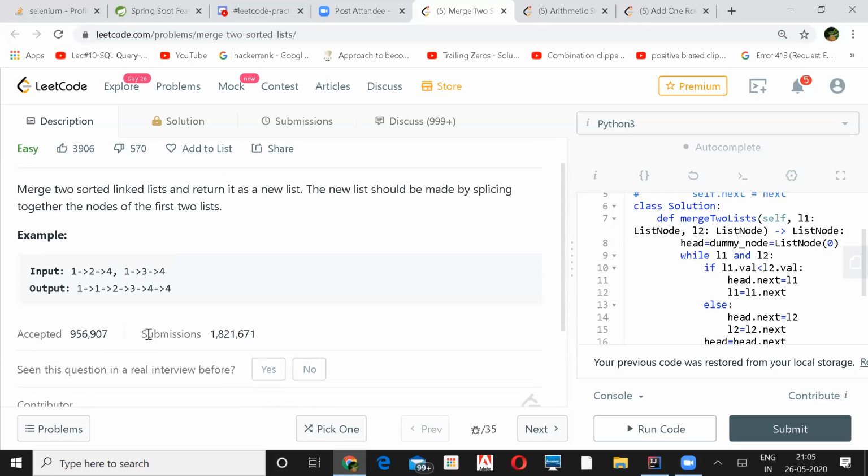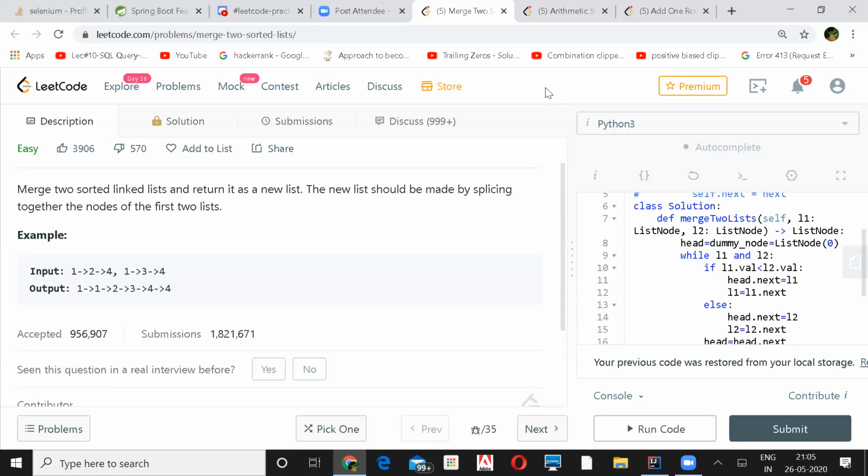Okay. So maybe the iterative way seems to be slightly easier, right? Has anybody done the recursive way? I would like to see the code. I have done it.